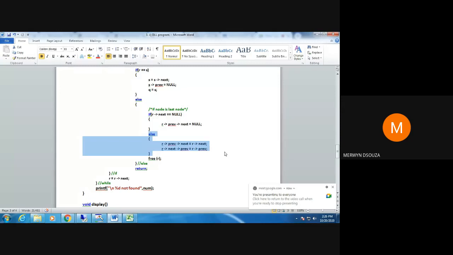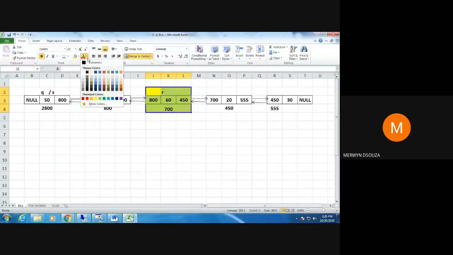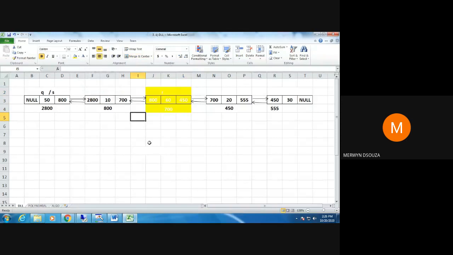Now pay attention here. This is something we had seen yesterday, but try to understand again. When I'm deleting this, okay, I want to delete this part. So when I'm deleting this entire thing, let me just highlight this. So that means when I delete this node that I've just made yellow, what value should come here? If this is no longer going to be present, what value should come here? Now this will be the first node. After deletion, this will be the second node. This will be the third node. This will be the fourth node. So what value should come in the next part here of the second node?